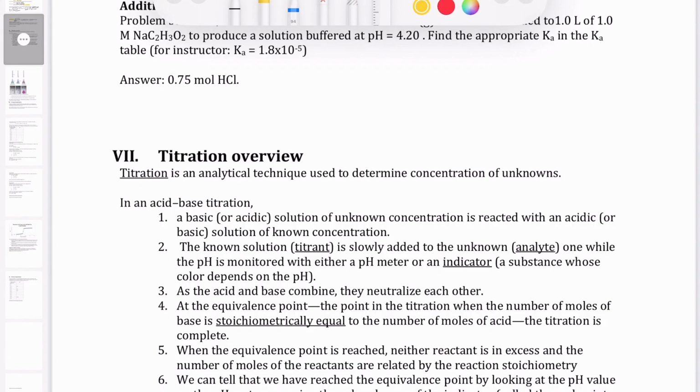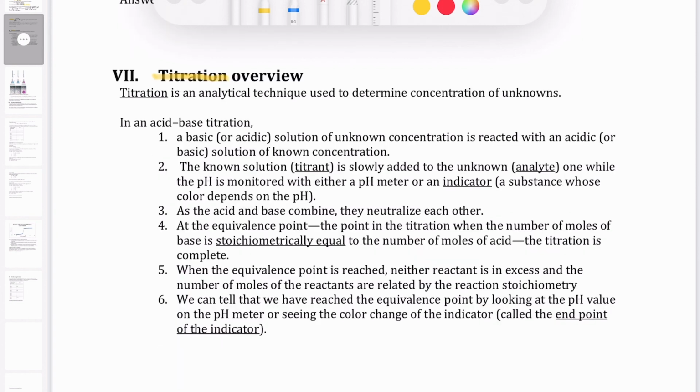Okay, so now we are going to switch our discussion into the second half of this chapter on buffer and titration, and that is on the concept of titration. Now, most of you have done some type of titration in prior classes, whether it's in Chem 10 or Chem 11. But what we want to do here in this class is really go beyond the experimental part of titration